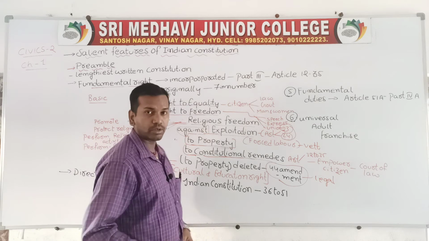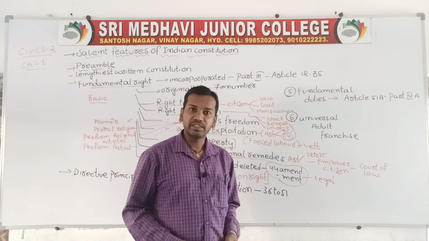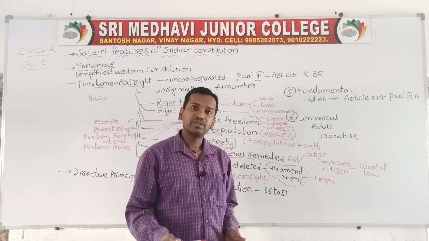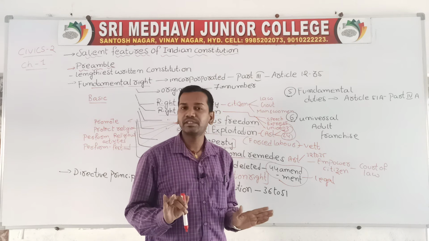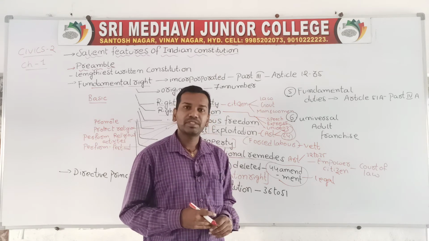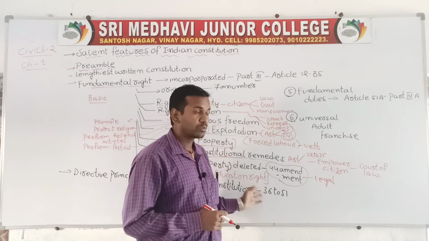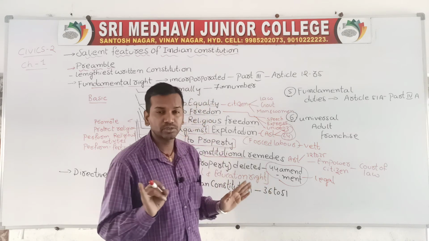But normally, when we are talking about the current fundamental rights, the right to property was deleted. So after deleting the right to property, today also we have 7 fundamental rights only. Before, we had seven fundamental rights including the right to property. But today also we have 7 fundamental rights only. How? Because the right to property was deleted. When the right to property was deleted, then we should have 6 fundamental rights today.